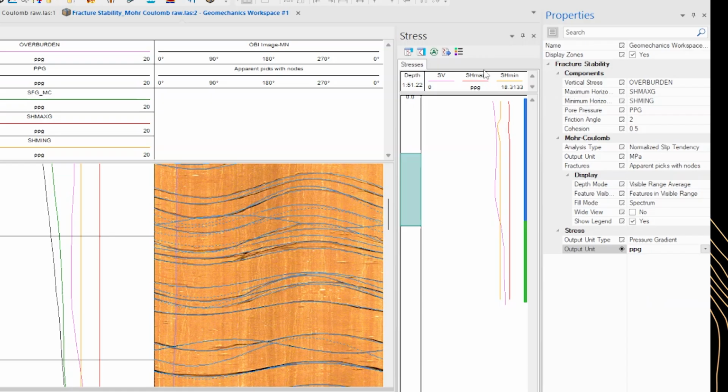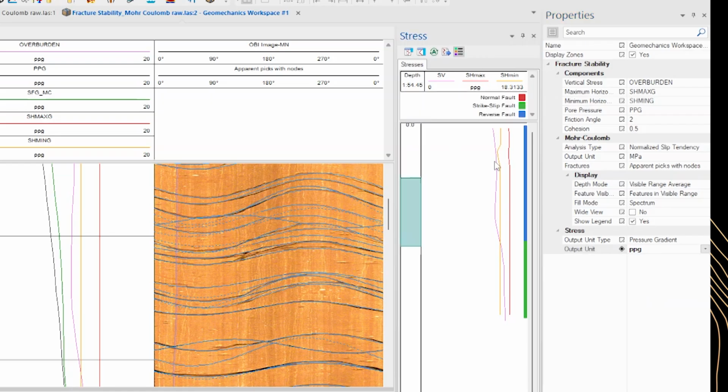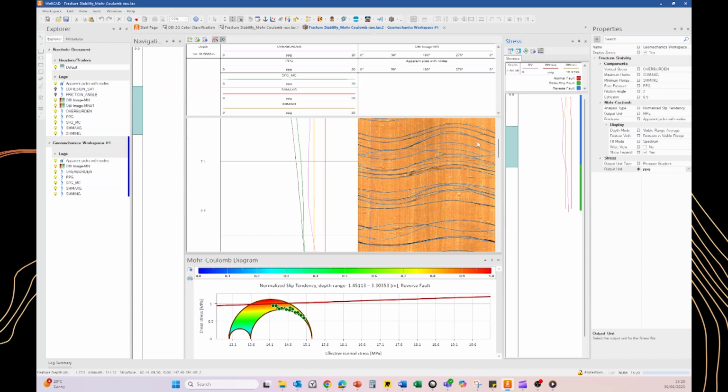In the stress bar, we can visualize the different stress regimes. So in this example, in the upper part, we have the reverse fault stress regime in blue, and in the lower section, we have the strike-slip fault regime. This is something that can be very useful to visualize data.